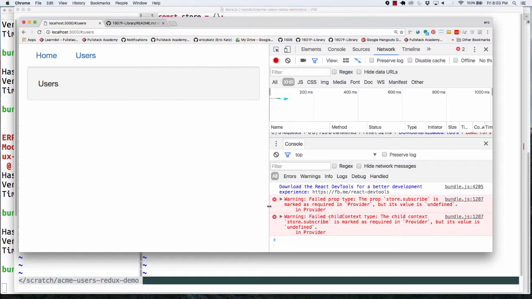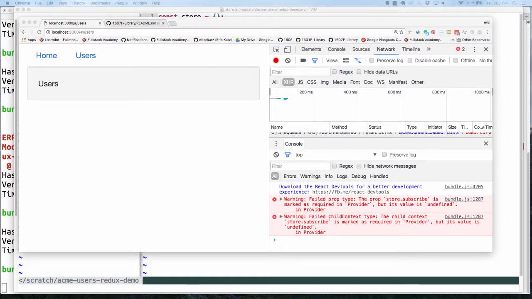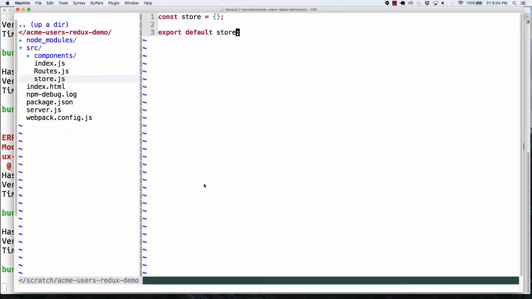So let's go over here and start to set up our store. And we'll have a little work being done here. And this is where we're going to end up bringing in Redux. And if I go over here, I'll say import createStore from redux. So I want to end up creating this store from Redux. If I went over here and I just said const store equals createStore,